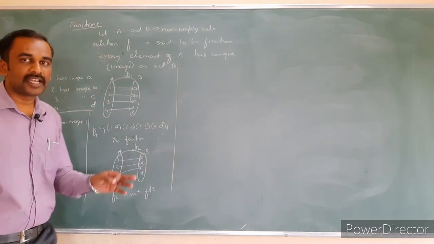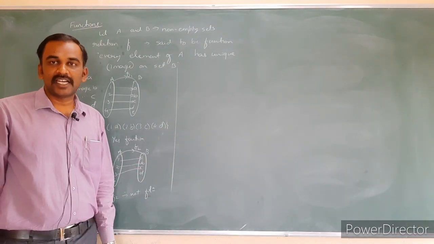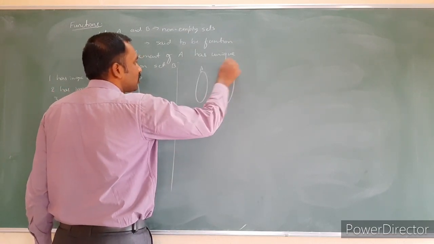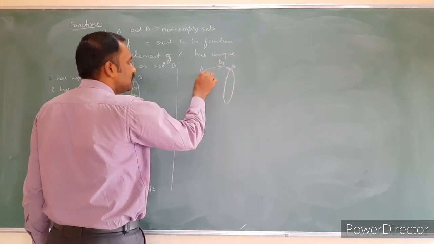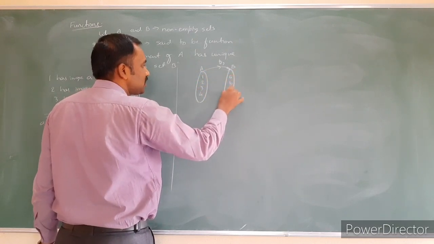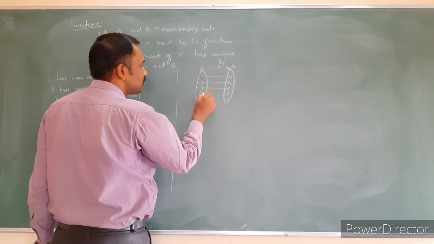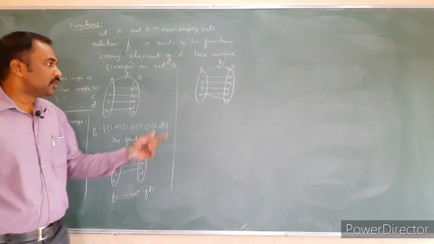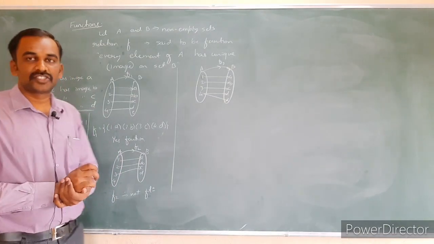Now I hope you can understand what a function is. Now I will draw one ray diagram. Let's clarify: just tell me whether it is a function or not a function. Suppose F3 is the relation. For example, I consider the same numbers, and A, B, C, D, E. 1 is related to A, 2 is related to B, 3 is related to C, 4 is related to D and 4 is related to E. Check whether it is a function or not.